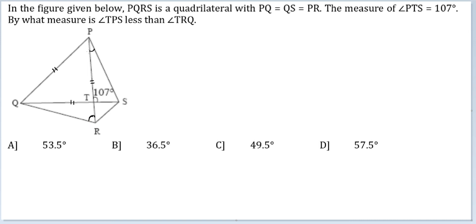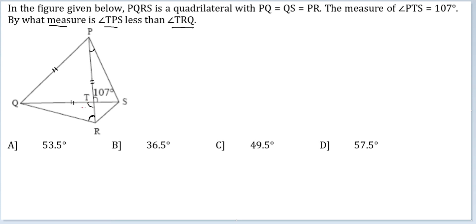We are supposed to find out the difference between these two angles. Given that we are supposed to find out the measure by which TPS is less than TRQ, it effectively means you can have multiple values for the angles, the difference will remain constant, which is another trigger for saying you can assume any values for these angles and your answer will remain the same. So I'm going to do it first using my method of assuming any values, and then I'll do it the proper way, the technical way that people tend to approach this.